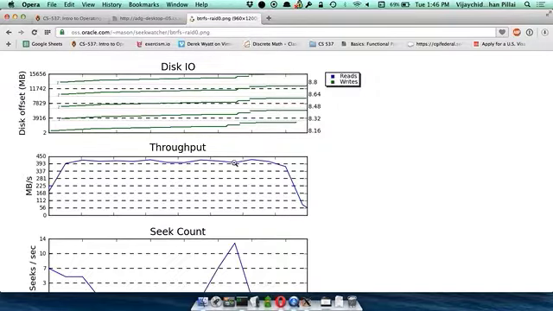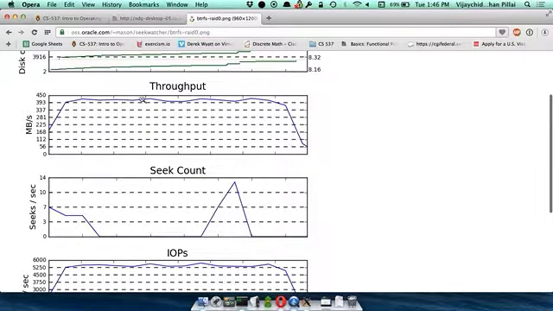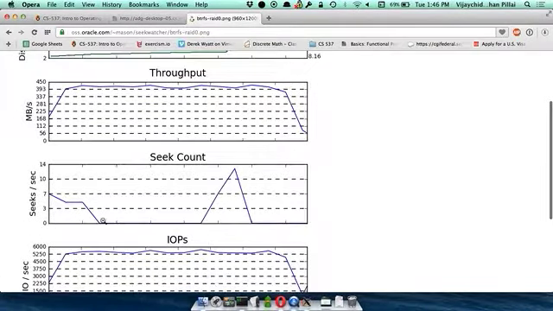And as you can see, we can also look at the seeks that are done per second. If you remember, the more seeks you do, the less performance you get. So if you have a workload that's full of seeks, then you will not get good performance. In this workload, we can see that there are only 2 points at which it spikes. Apart from that, it mostly doesn't seek at all. So we can see that it's a mostly sequential workload.